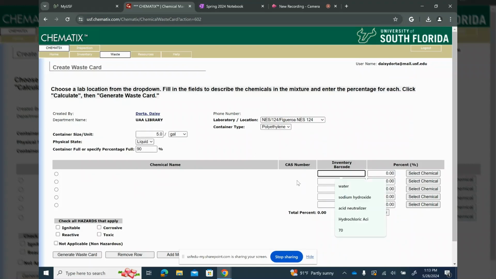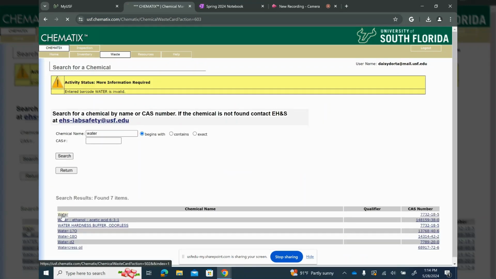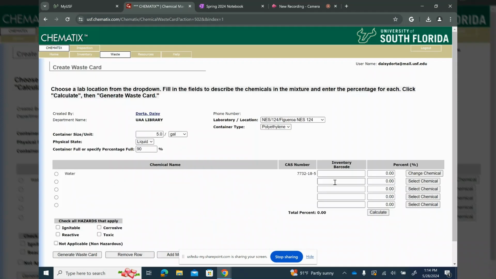So here in this area is where you're actually going to put in what is in your carboy. So I'm just going to do some general stuff. Let's say we have aqueous waste. Aqueous is mostly water. So I'm going to put water here and then select chemical and then select the water. And then let's say there is sodium hydroxide, a very common waste we have in our aqueous